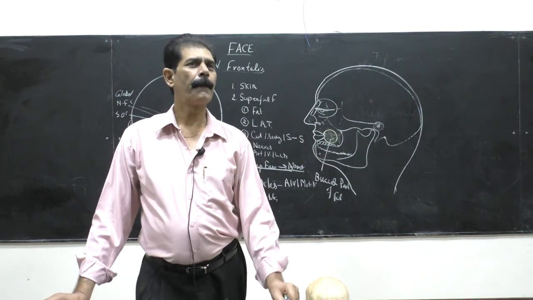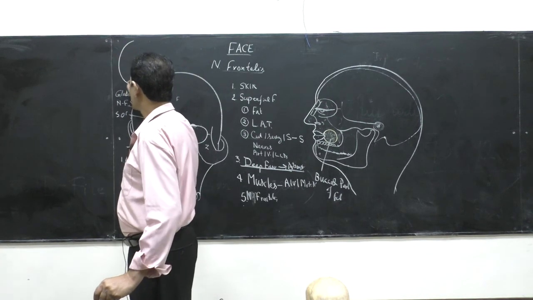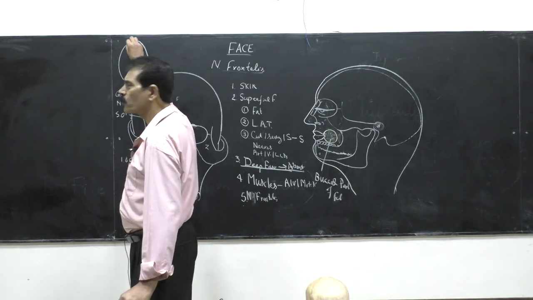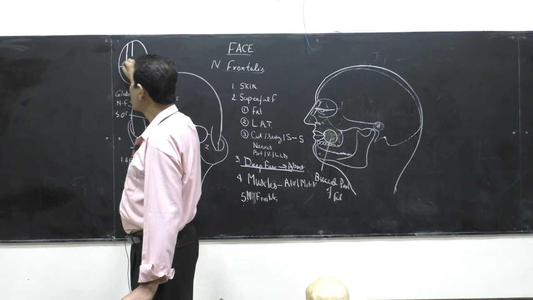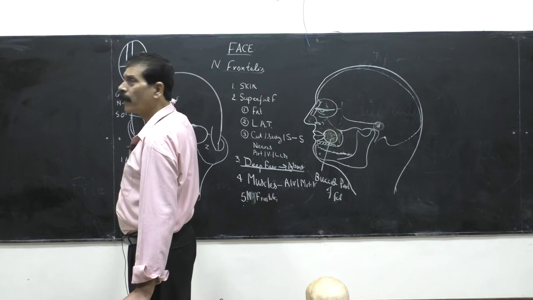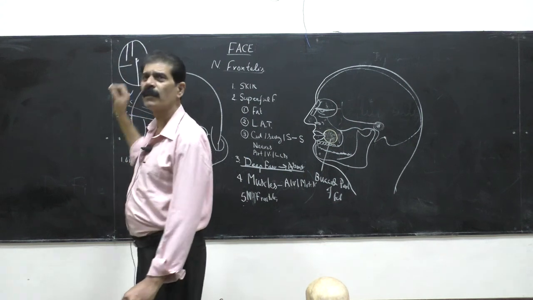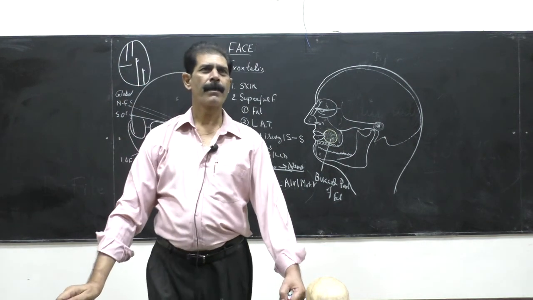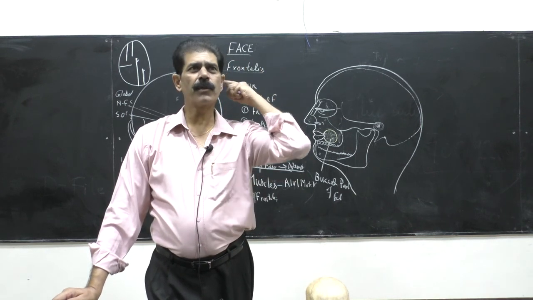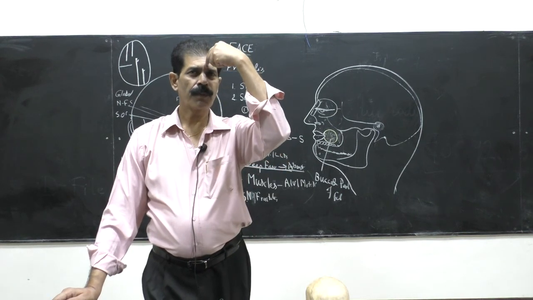First we have done the scalp. And in the scalp, which nerves have you seen? Nerve supply of the scalp. Anteriorly, medially supratrochlear nerve, and lateral was supraorbital. And laterally, which nerve? Auriculotemporal. Posteriorly greater occipital nerve, and small is lesser occipital nerve. So this is the nerve supply of the scalp. Auriculotemporal is lateral, greater occipital and lesser occipital supply the posterior part of the scalp. The front part of the scalp is supplied by supratrochlear and supraorbital.